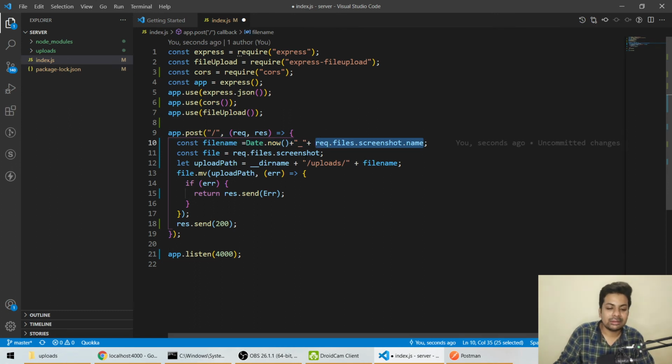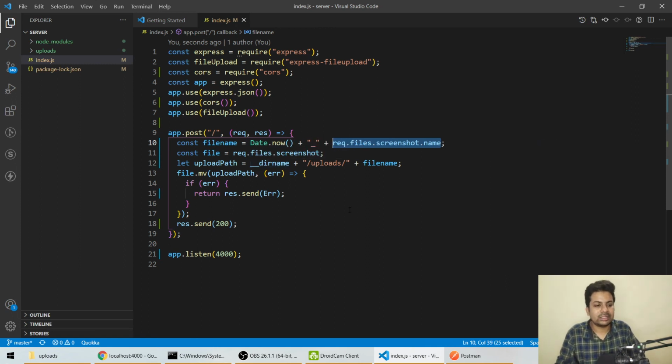So when the file is saved, it will save with the current time. Every second it will be a different time. There's one more benefit, because we can know when the file was uploaded by directly checking the date in the file name.